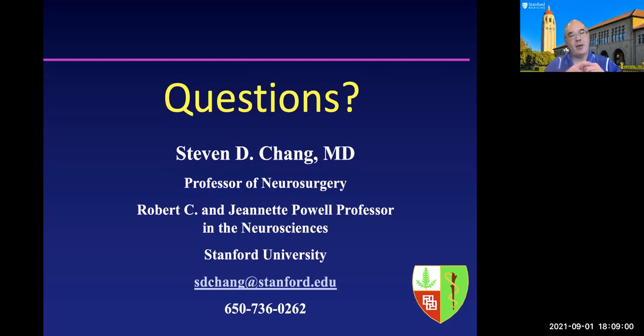That's a good question. So tumors that you can get that you can remove completely, like those convexity meningiomas that I